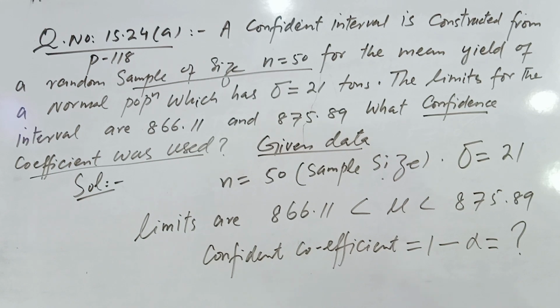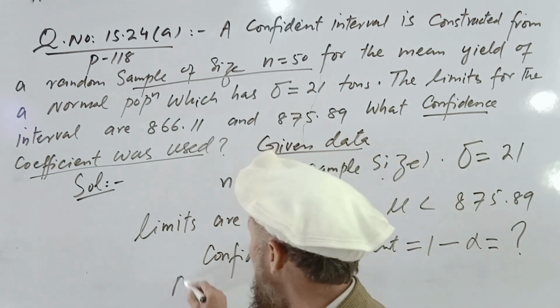So from the given data we need 1 minus alpha. How do we calculate this value? According to the question, a confidence interval is constructed from a sample of size n. The mean yielded another population, sigma is given, and the limits for the population are given. So we know that the 95% confidence interval for the population mean,